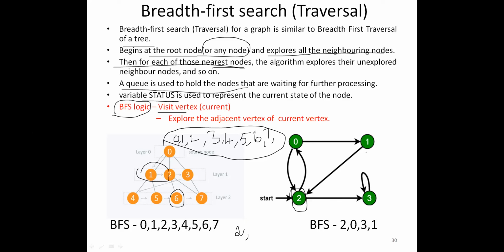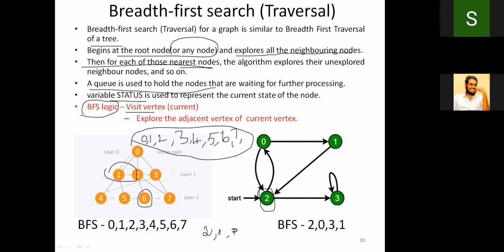It's not a neighbor node. Only an in-degree of 2 is there. So there is no out-degree to 1, no emerging edges to 1. So I can write 0, comma 3. I can write vice versa. It is your wish. I can write 3, comma 0 also. No issues in that. It can be any order.